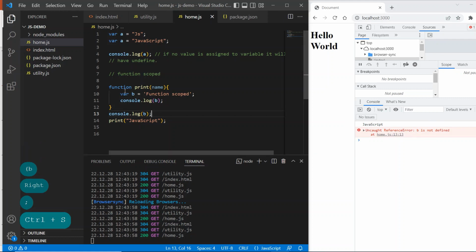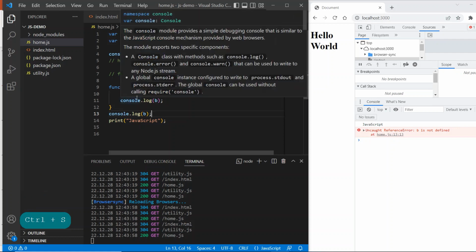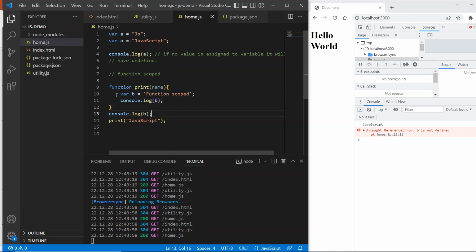So that means variables created using the var keyword are function scoped. If a variable is created inside a function, the scope of that variable is inside the function itself, not outside that function. So if you try to access that variable outside that function, it will throw an error that it is not defined.